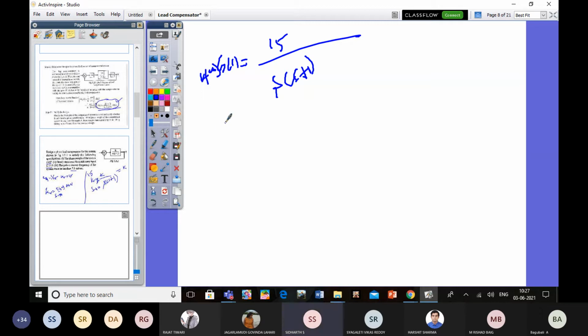We find out the lower frequency omega L. What is omega 1? Omega 1 is 1 radian per second. What do we have to do then? Omega H and omega CL. Choose omega CL equal to 0.1. What is omega H? 10. Okay, 10 or 5, whatever it is, you can choose anything. So next, what is the step? Draw the approximate slope.